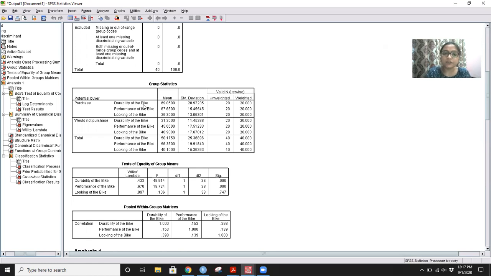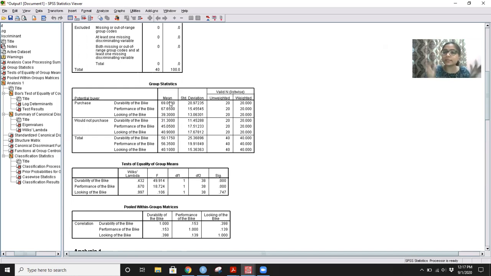Say durability has a mean of 69.05 for the purchase group, and likewise a mean of 31.3 for the second group. This means that durability could be good enough in discriminating these two groups, because the means for this independent variable are quite divergent. 69 is way different from 31, correct?